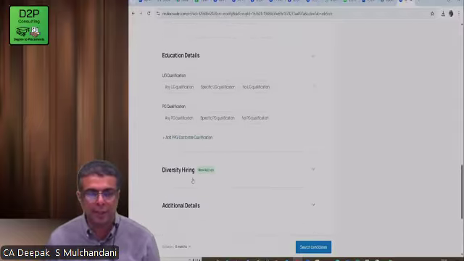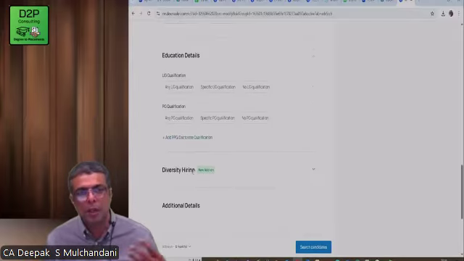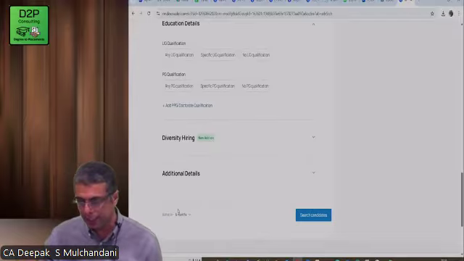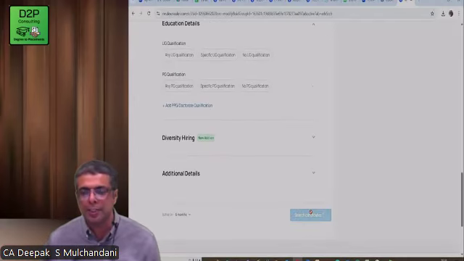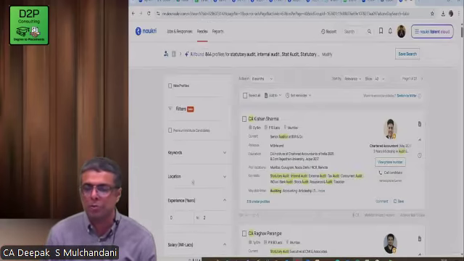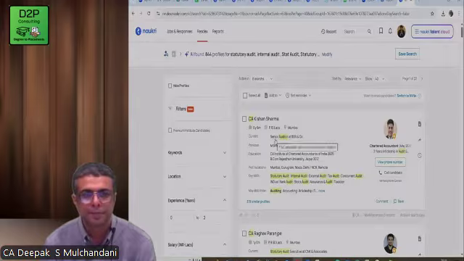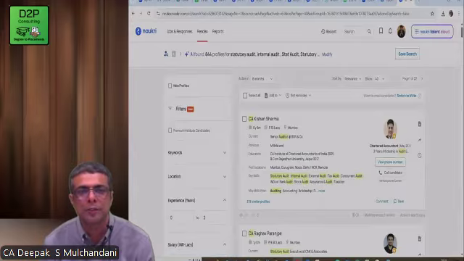Education details and everything. So I can make more and more precise hunting. Then I can go and click on search candidates. The moment I put search candidates, it will search the whole database and show me this. And the highlight clearly shows all those keywords which I have selected.